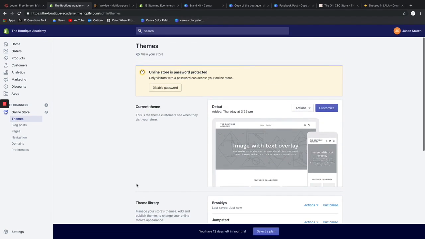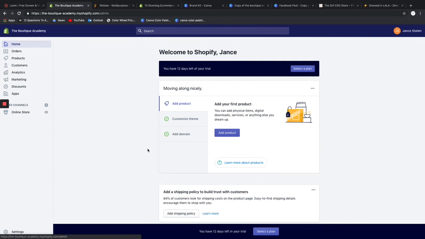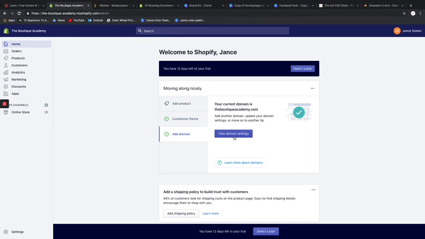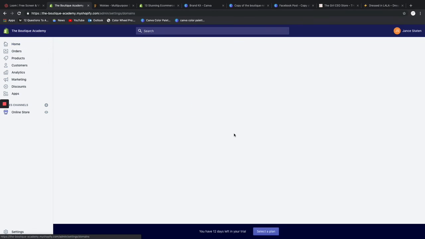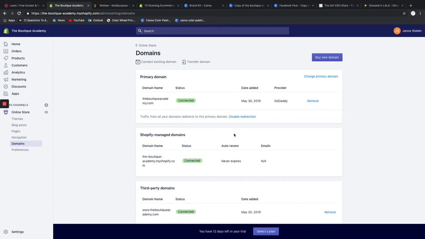So I have already integrated my domain name into Shopify. If you've already purchased your domain name, when you sign up for your account, once you get to the home page, I believe it is. Let me go. Yes. Okay. So once you log in for the first time, you're going to be on this page, and then there's going to be this button down here that says Add Domain. You click that. Mine's already added to Shopify, but once you get to this page, you will either connect an